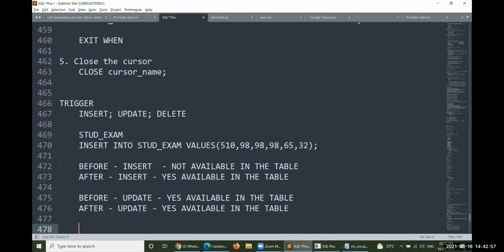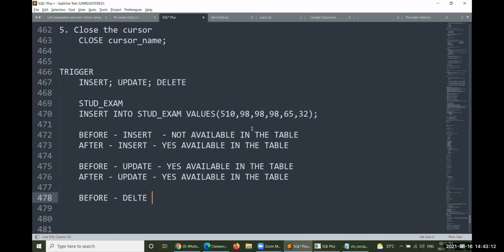Then deletion. Before delete, do you have any data? I am trying to delete this particular item, 510 and all those things which were introduced just before. Before deletion, the data is available. Without availability of data, how could you delete?